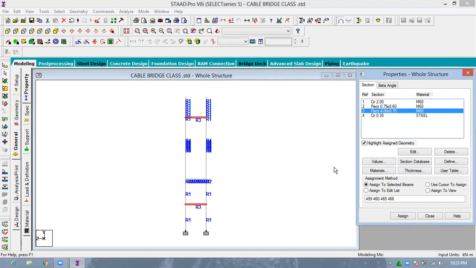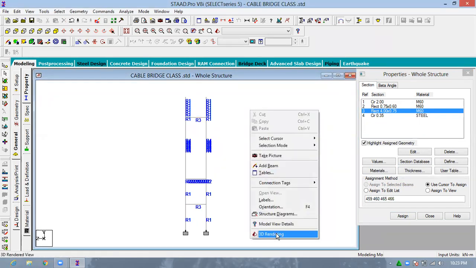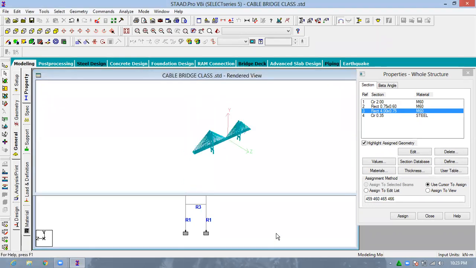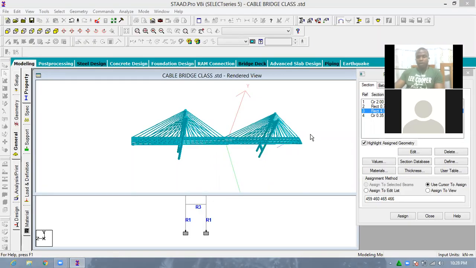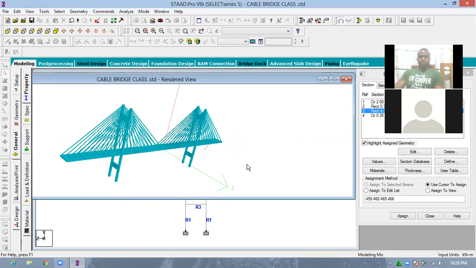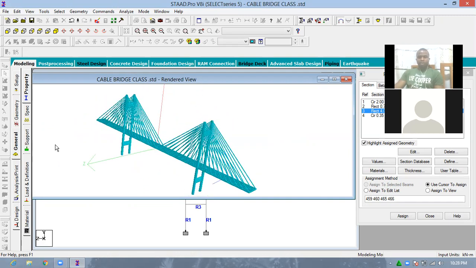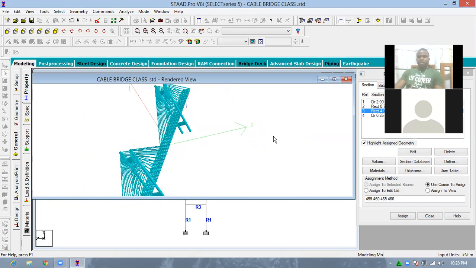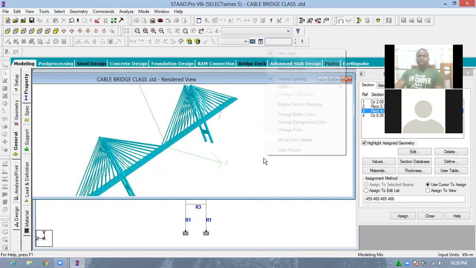Then after that, let's check what we've done so far. Okay, so you can see that this is what we've been trying to model. This is how it looks like. So the next thing, having seen this, the next thing is